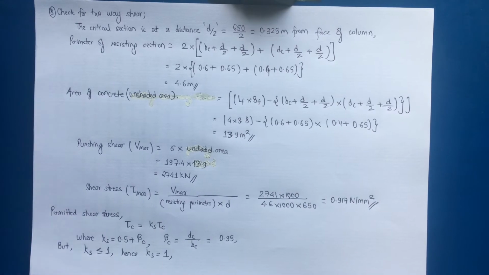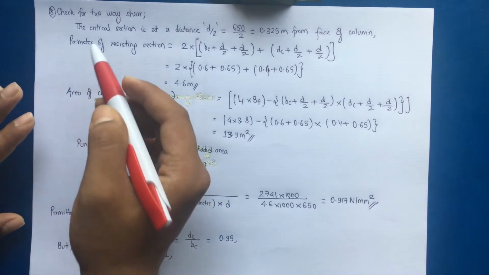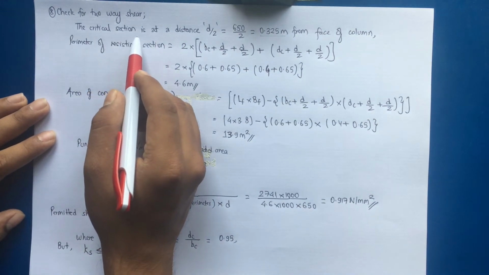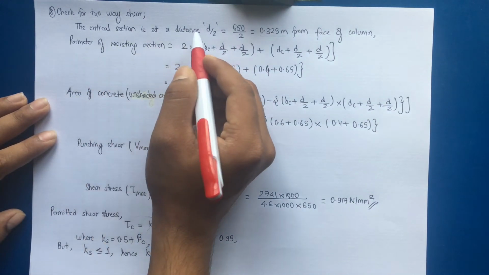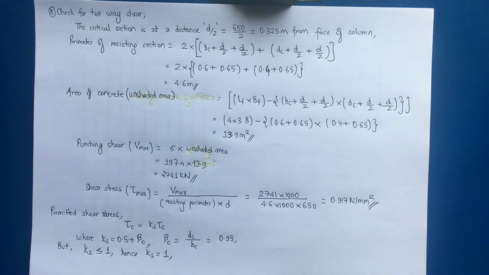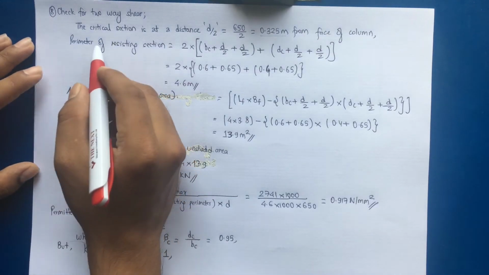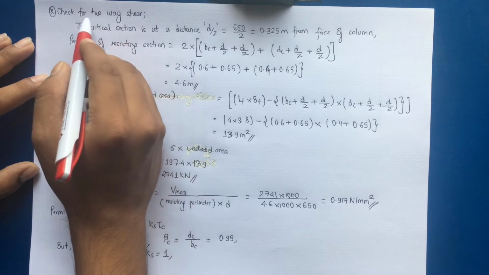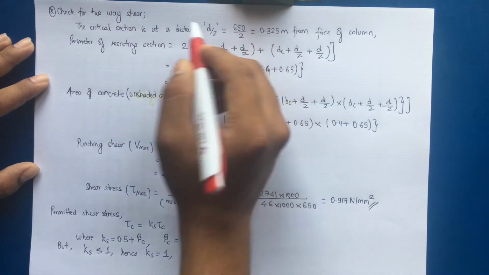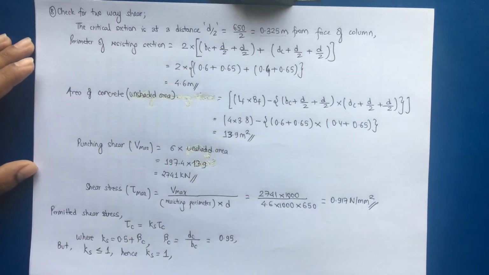Now we have to check for two-way shear, and for checking the two-way shear, the critical section is at distance d by 2, that is 650 by 2, 0.325 meter from the face of the column. The two-way shear, which is also known as punching shear, acts on an area rather than along the width. So we have to check for two-way shear at a distance d by 2 from the face of the column on each side. So if we see our figure,